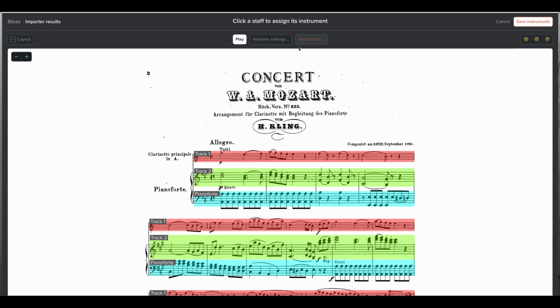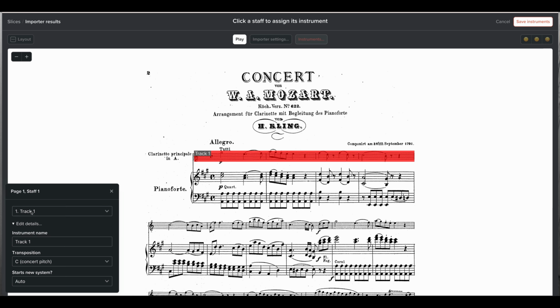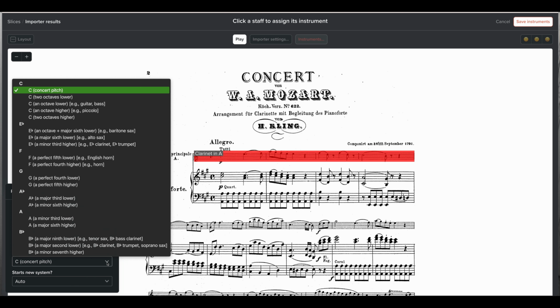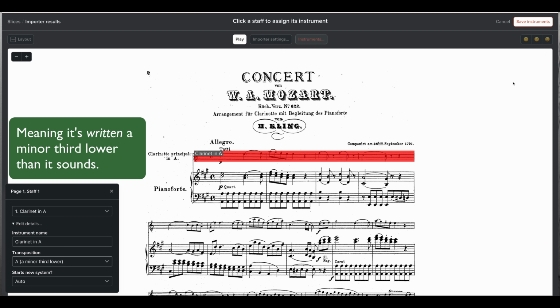So, when you import, you go to the instruments and you click on the track, and you're going to need to edit the details of the track, and you're going to want to name that one the clarinet in A, because clarinets are often other keys, typically in fact, and you're going to want to specify that it is a minor third lower,